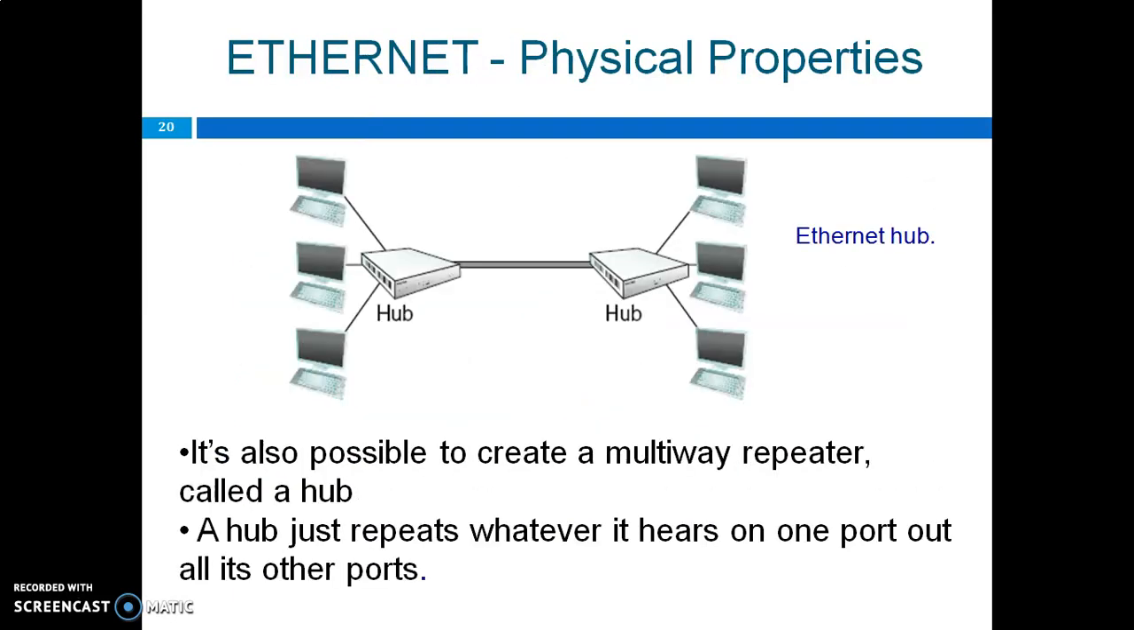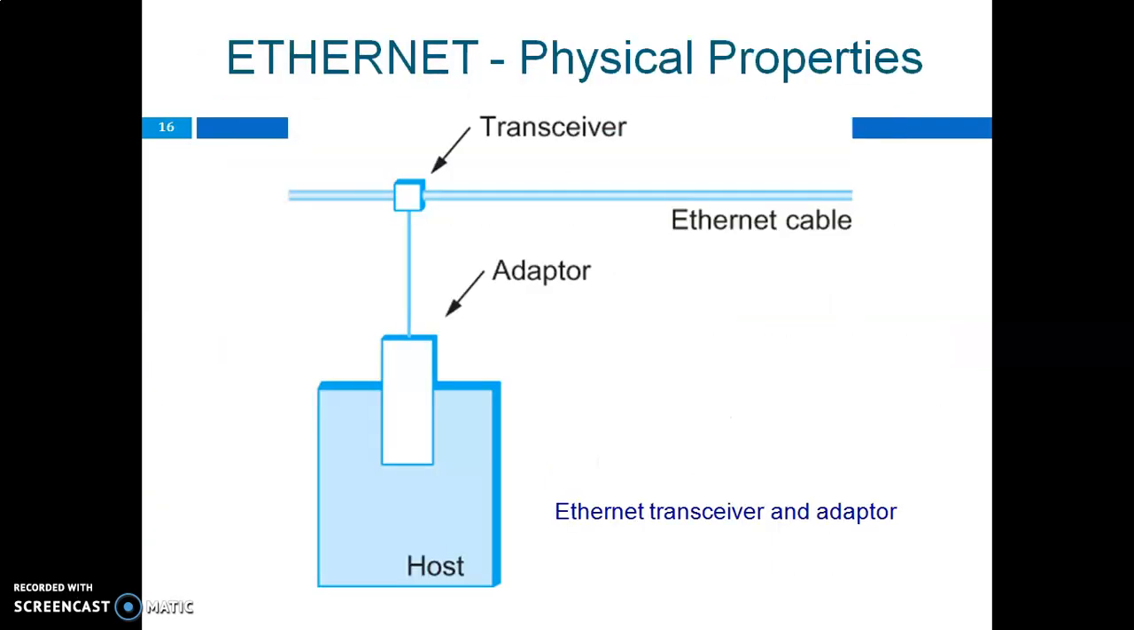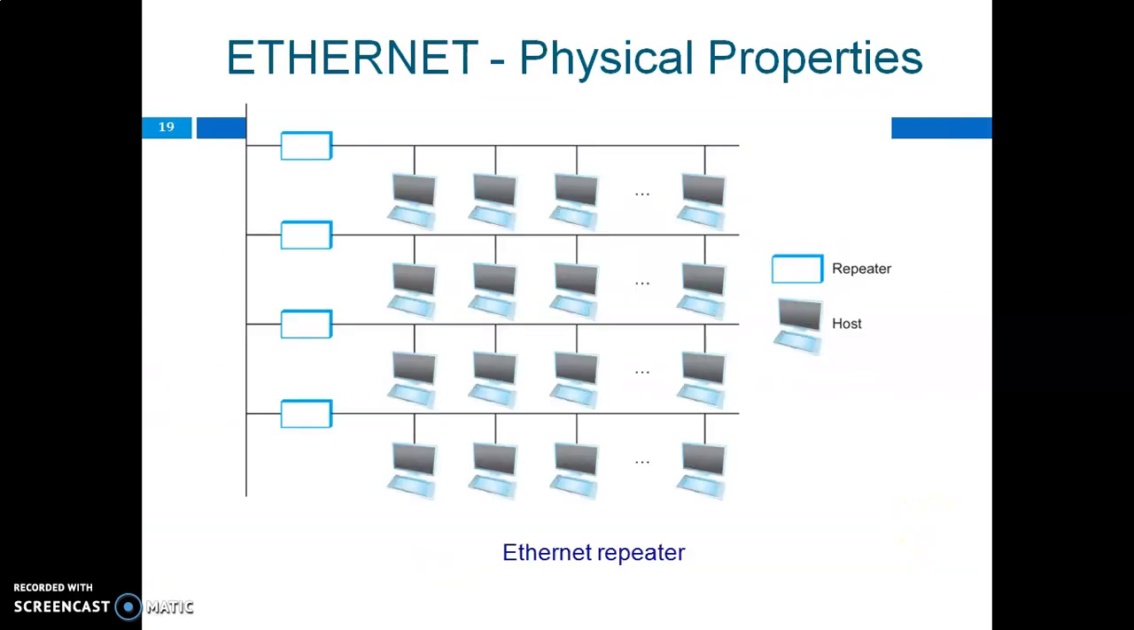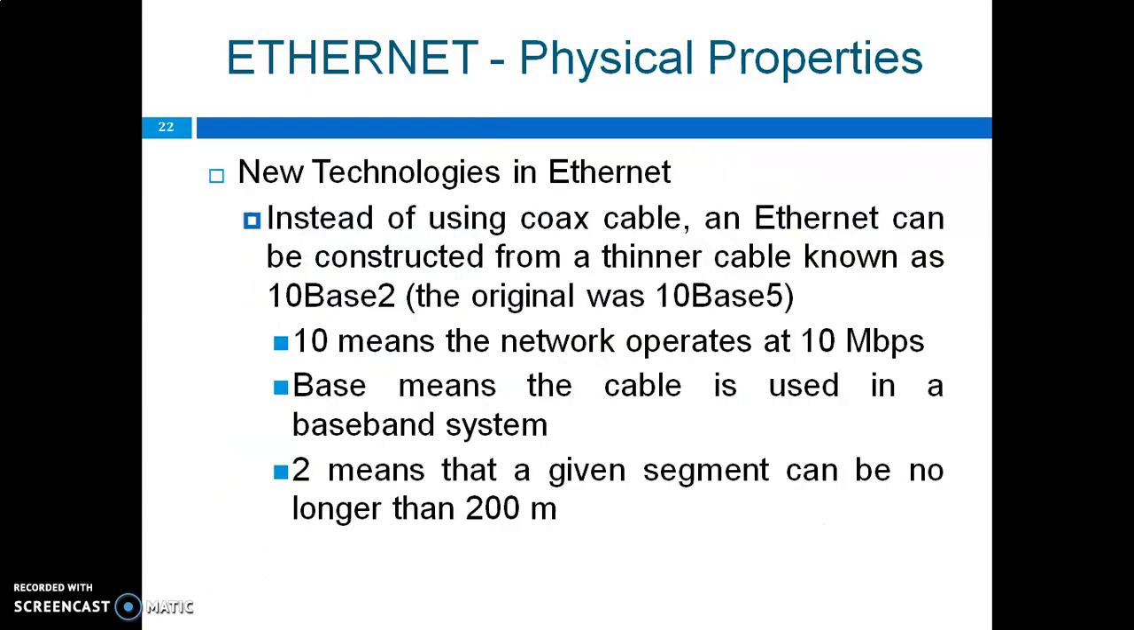So till now we have seen the physical properties of Ethernet. It consists of the adapter, transceiver and cabling. This particular structure we can call the Ethernet transceiver and adapter. We can also use an Ethernet repeater and Ethernet hub. These are the various connecting devices used in Ethernet. The cabling can also vary: twisted pair, coaxial cable, and the recent technology is using